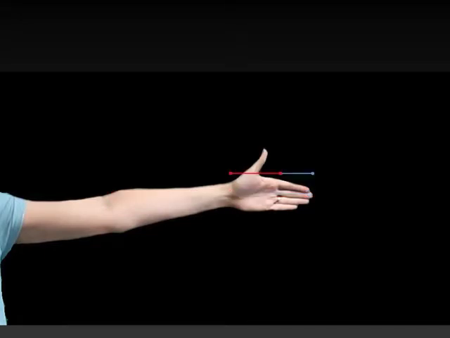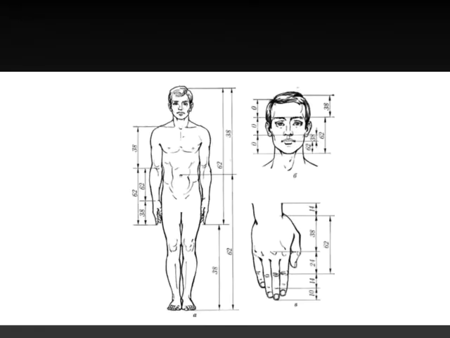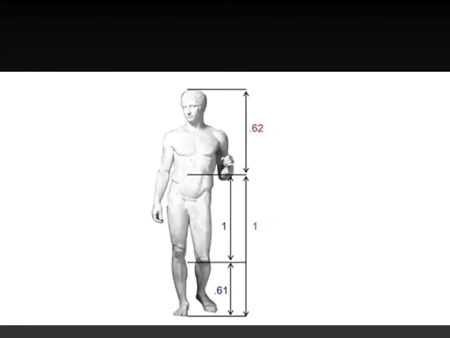From the furthest tip of your finger to the bottom of your fingers is 1, and from the bottom of your fingers to your wrist is 1.6. Now check out the spacing of your knuckles, 1 to 1.6. Are you getting freaked out yet? Think about this. The head to your belly button, 1, and then belly button to your feet, 1.6. From your toes to your knees, and from your knees to your hips, golden ratio.